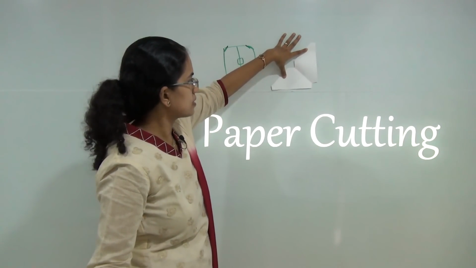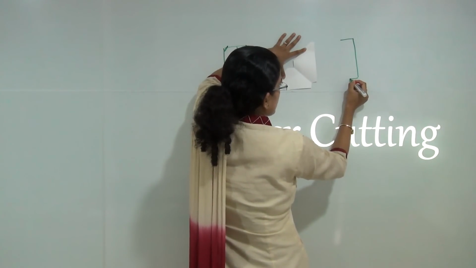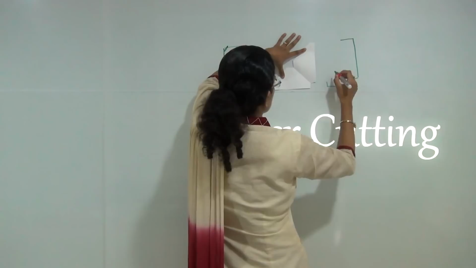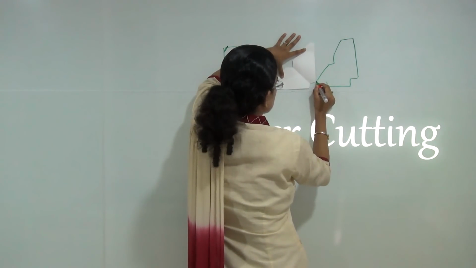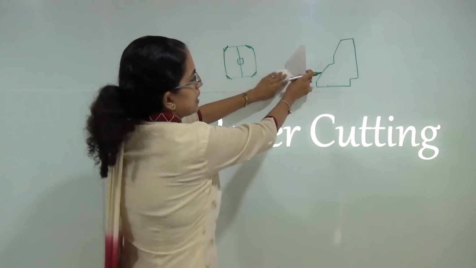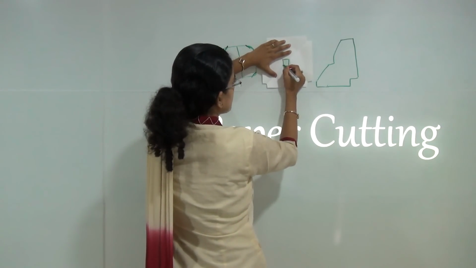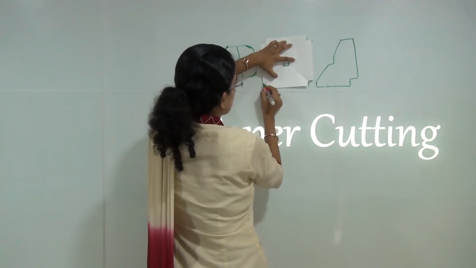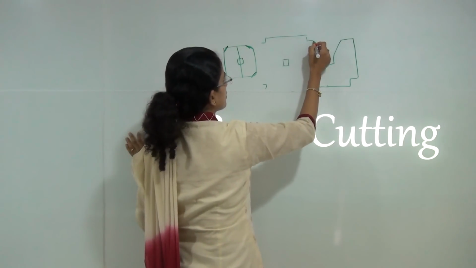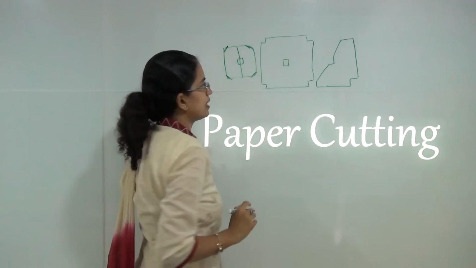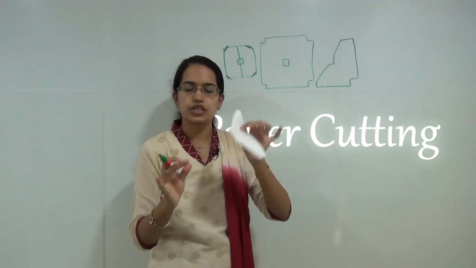there would be the shape that you would get would be this. Now when I further open it up, what you would get would be a square in the center followed by angles towards the four sides. So this would be the final shape that you would get when you open the triangle which was formed by folding it into the shape of a triangle.